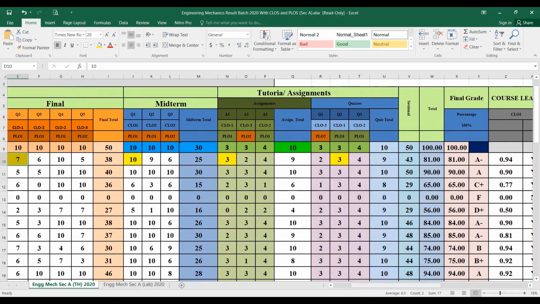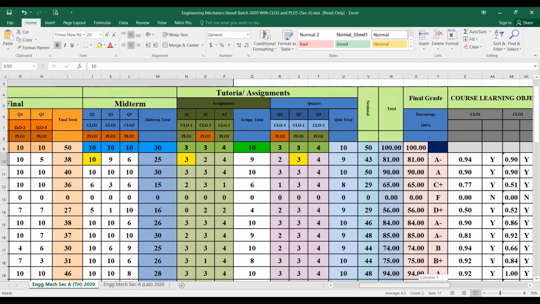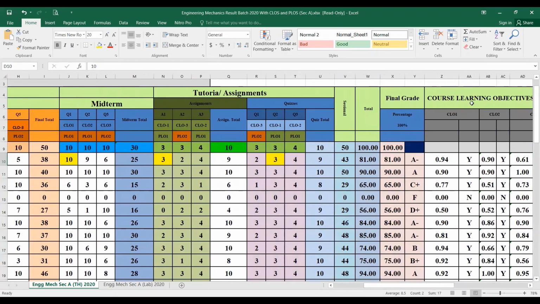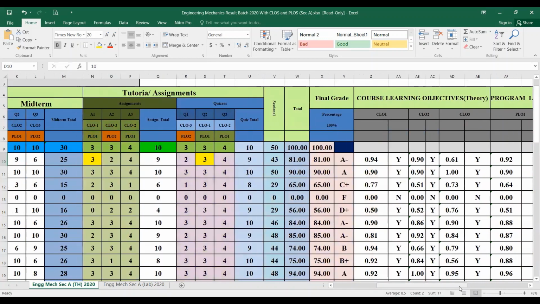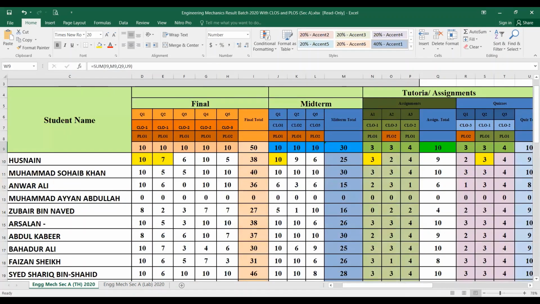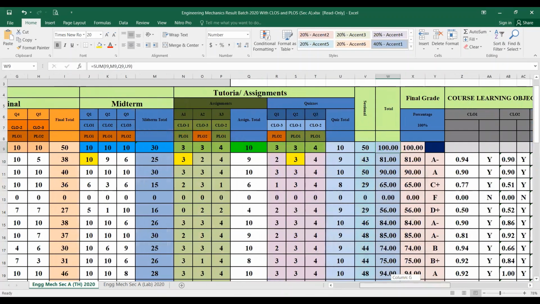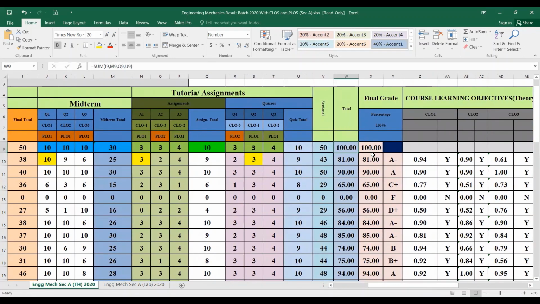Now, Mr. Obed asked me what the formula is for the CLO attainment for the whole section and for the whole batch. So this is about percentage, and obviously it is very easy. You already know that. This is total 100 marks, because 10 marks of the quizzes, 10 marks of the assignment, 30 marks of the midterm, and 50 marks for the final exam. Whatever marks you have, this is the final grade, and you have to calculate the percentage over here.